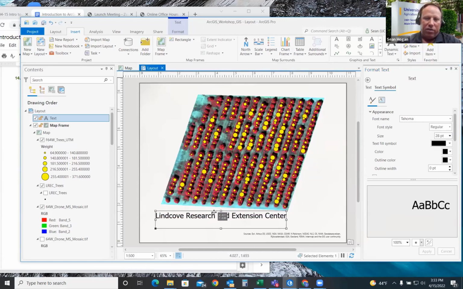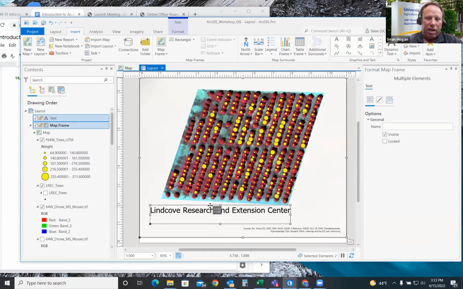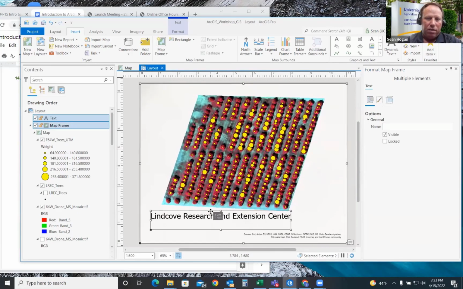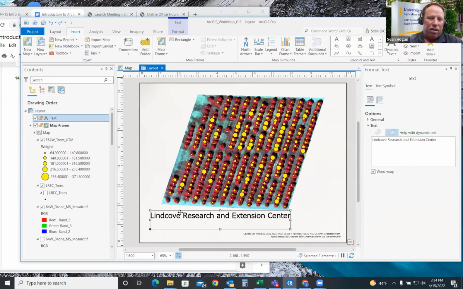It's a fairly good size then. Might even want to go larger. Make it 30. Enter. Good. And then apply. So there we have the title for the map. Oops, I have to click off of it because I actually started shifting it. By the way, the nice thing is that you can undo, and that will undo the shift that I just accidentally made. If I click off and click back on, then I can move that text box around to where I want it exactly.